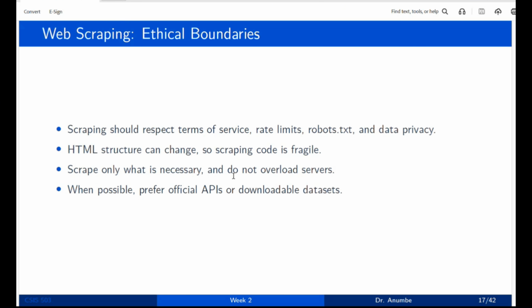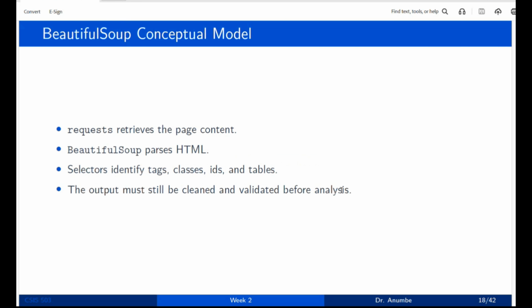Scrape only what is necessary and do not overload servers, just because sometimes you're not the only one scraping. You want to just take what's necessary. When possible, prefer official APIs or downloadable data sites. So, the conceptual model: Beautiful Soup is one of those tools for scraping. Requests retrieves the data content. That's essentially what requests does. It retrieves